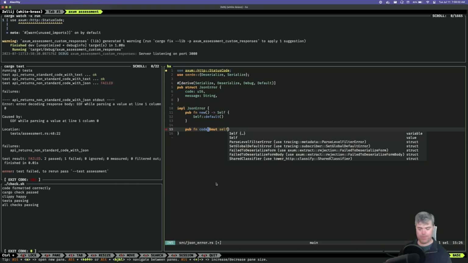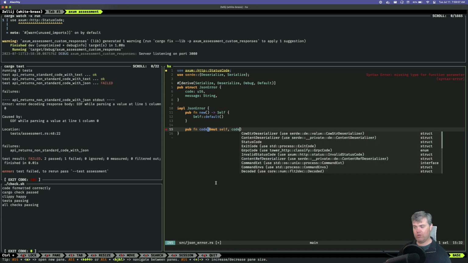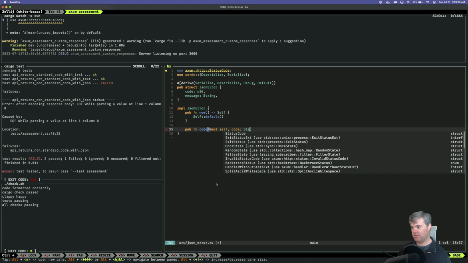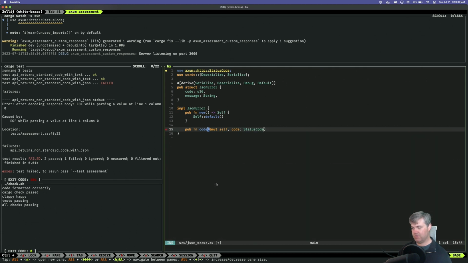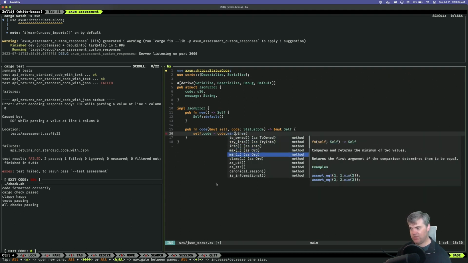Mut self, and we want the new code, which is going to be a status code. I'm going to return mut self. I'm going to do self.code is going to be equal to code dot, what can I do? as u16.